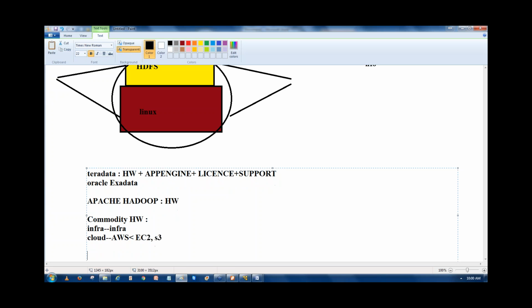What is specific in Hadoop? We can run Hadoop as a service. When you can run Hadoop as a service, we can run it anywhere. That is, I can use Hadoop in Teradata. I can run Hadoop in SAP HANA because I'm going to run